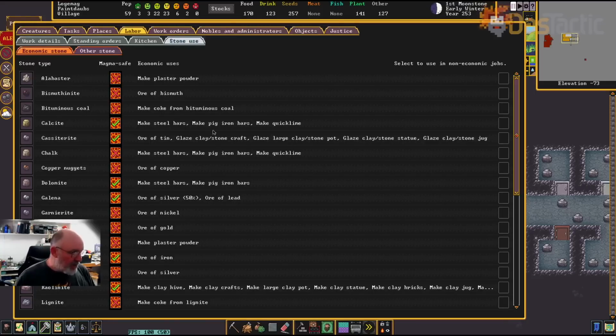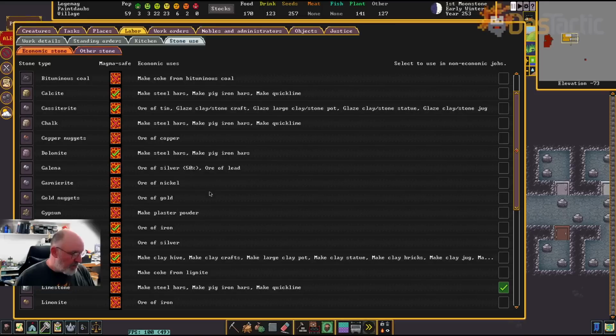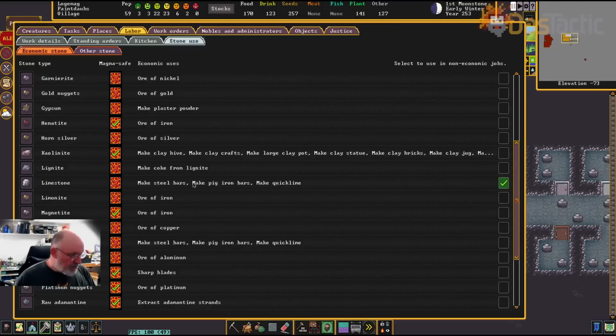And so calcite is a flux stone, chalk is a flux stone, dolomite is a flux stone. As we come back down, limestone is a flux stone, and we have limestone. So there we go. We've actually got a flux stone that we can make use of. This will be in the sedimentary layers, and most of your metals will be in the sedimentary layers, and we've got a very thick sedimentary layer just above the